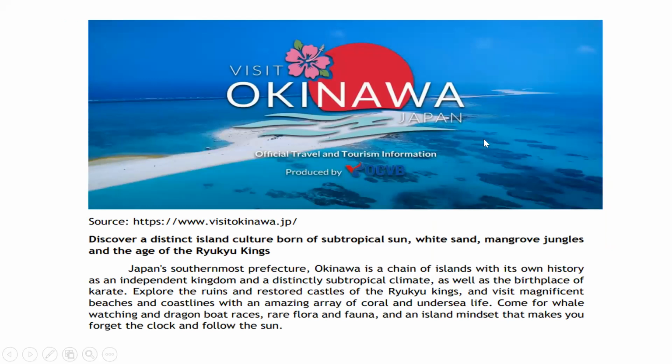Okay, this is the one we made yesterday as an example. So, Visit Okinawa, Japan. Official travel and tourism information produced by OCVB. So, discover a distinct island culture born of subtropical sun, white sand, and mangrove jungles and the age of the Ryukyu kings. So Japan's southernmost